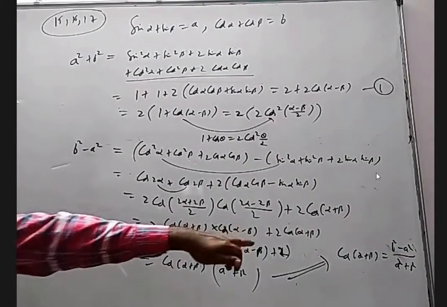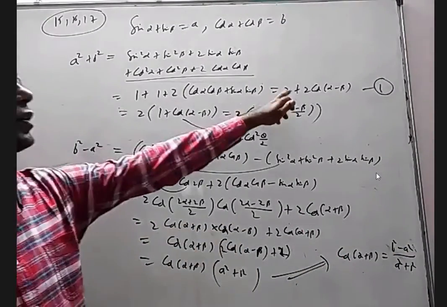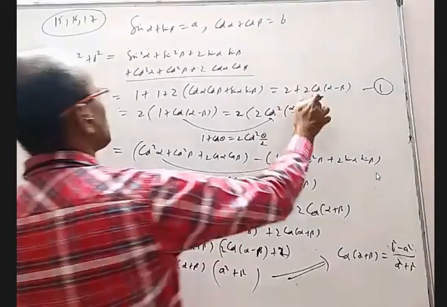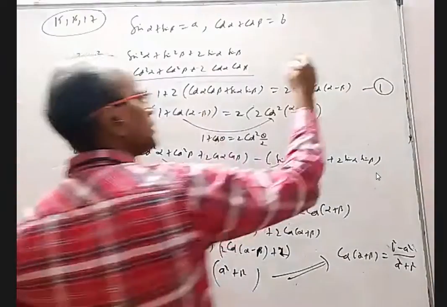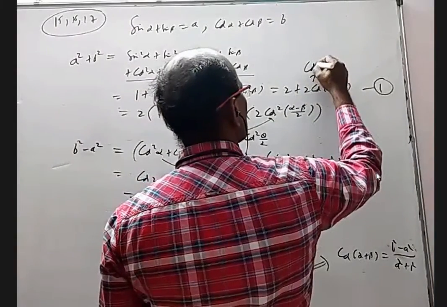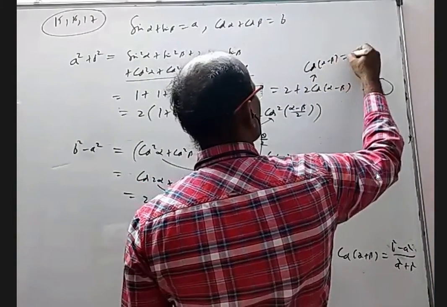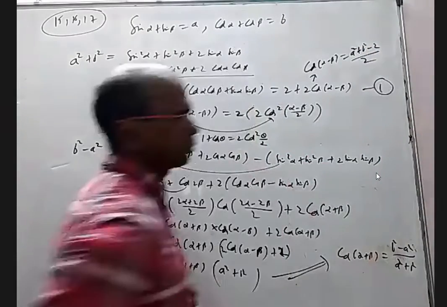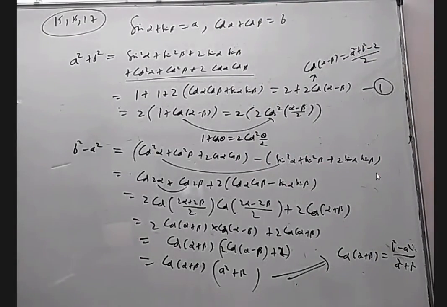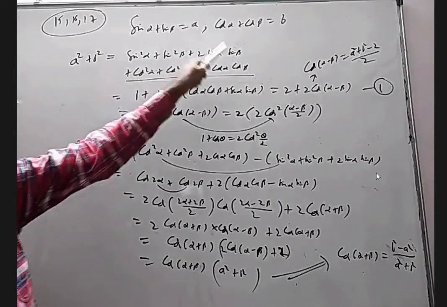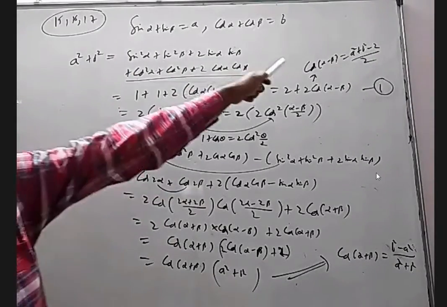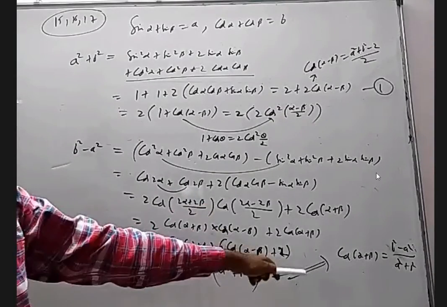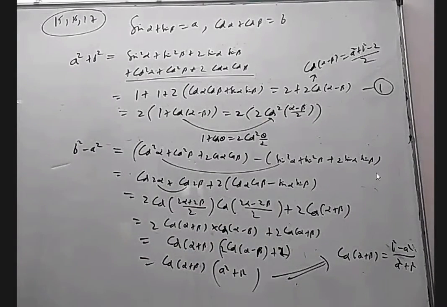Okay, so here we got cos alpha plus beta, and here we got cos alpha minus beta. In fact, here it can be written, stand to this side and divide. You can write cos alpha minus beta as a square plus b square minus 2 by 2. So if these two are given, if you want cos alpha minus beta, we got it in terms of a and b. If you wanted cos alpha plus beta also, we got it in terms of a and b. But we'll also do something else.